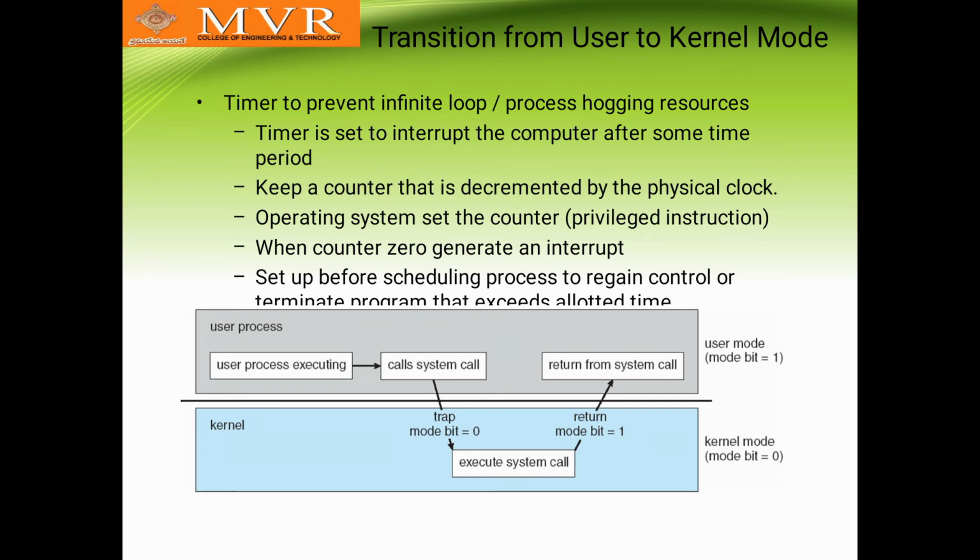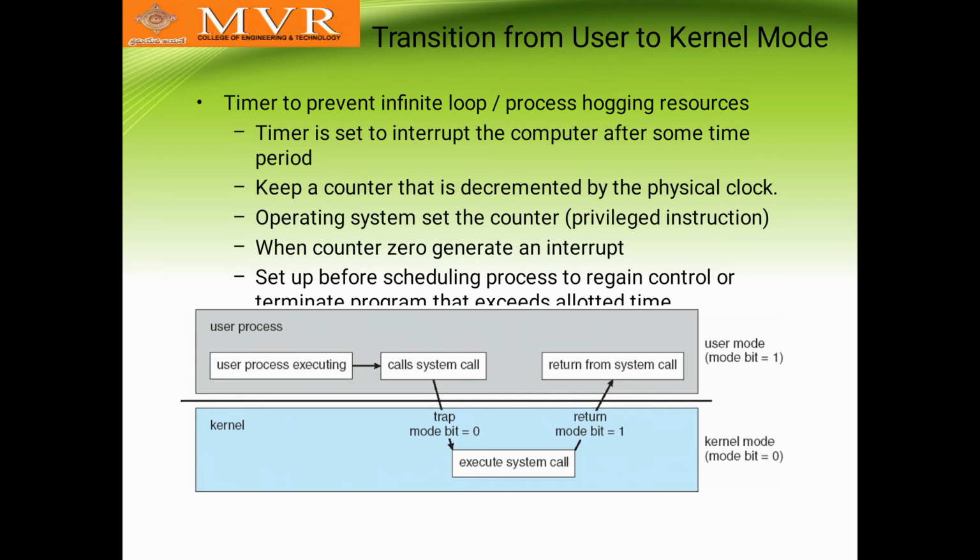If there is any interrupt, it will be indicated by 0. That interrupt will be handled and cleared, and then it will return to bit 1. That is the indication, and it returns to the system call of user mode. So here the user mode bit will be returned to 1 and the trap bit will be received as 0. So where does this trap happen? In kernel mode, where the mode bit equals 0.